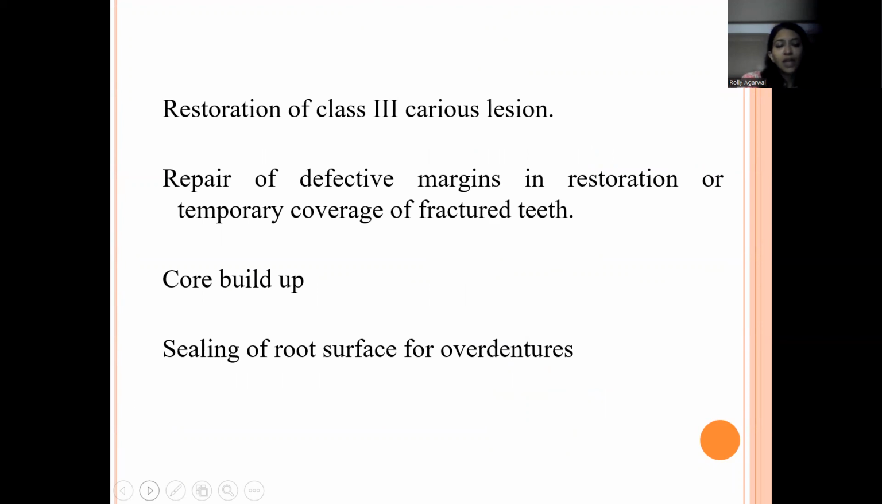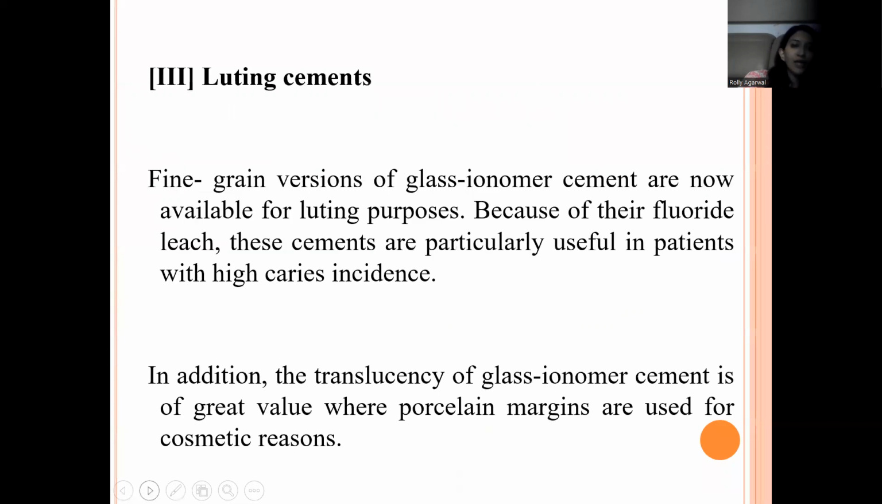What will be the indications: restoration of class 3 and class 5 carious lesions in the aesthetic zone, repair of defective margins of the restoration or temporary coverage of fractured teeth, core buildup, sealing of the root surface for overdentures, luting cements